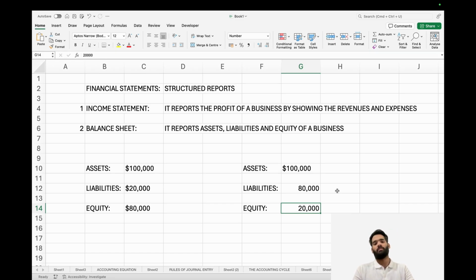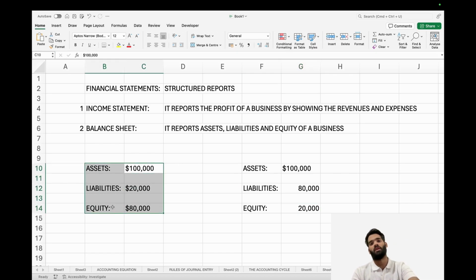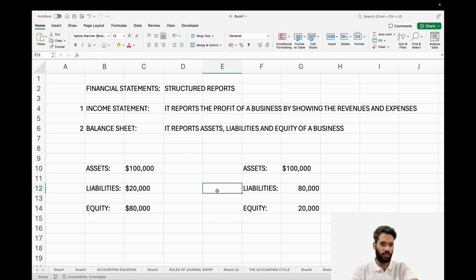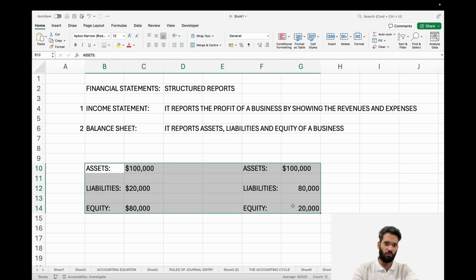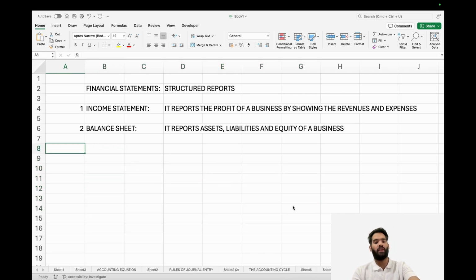When you're a business, you want to see your position, and to see your position, you'll have to look at these three things, not profit. Profit just tells you this year's or this accounting period's performance. I hope that is clear, because now I have to start talking about the third financial statement, something called the